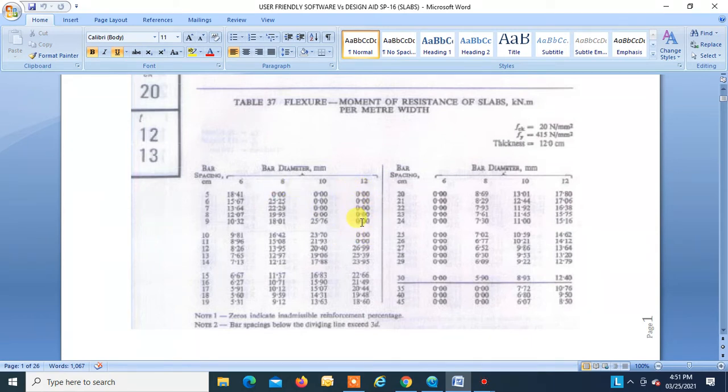So we are taking Table 37 where fck is 20, fy is 415 and the thickness of slab is 12 centimeter, that is 120 mm. Using this table is very cumbersome, because most probably our moments fall in between and then we have to do the interpolation. Even the spacing is found to be in between two of these values, and again we have to do